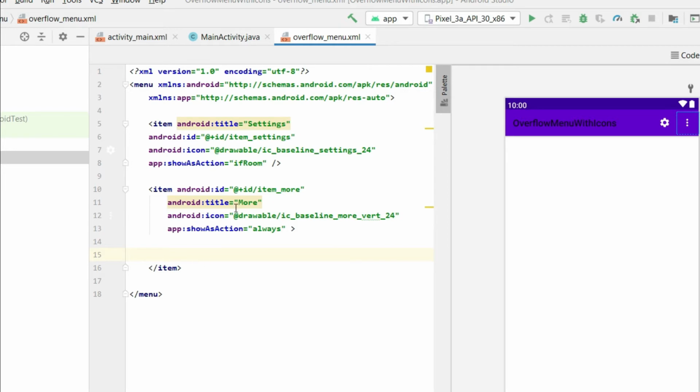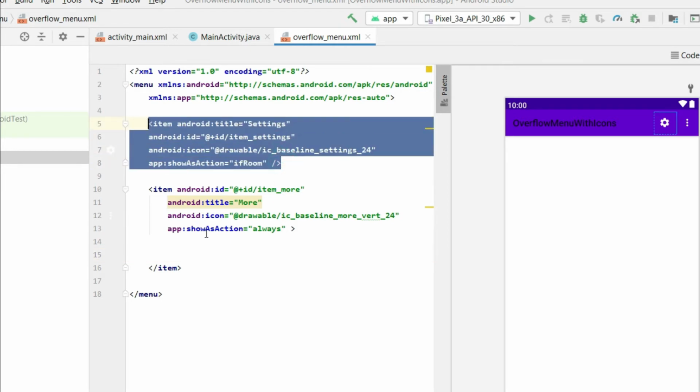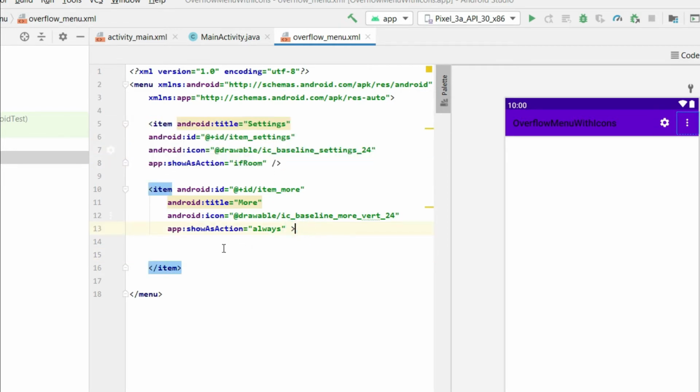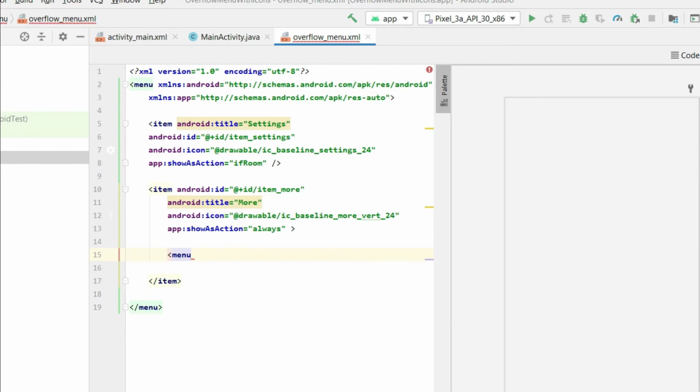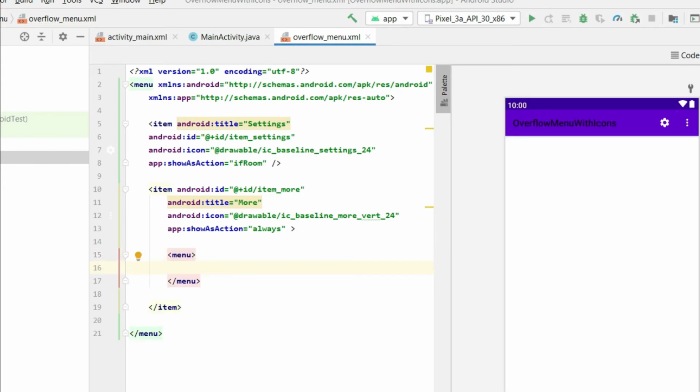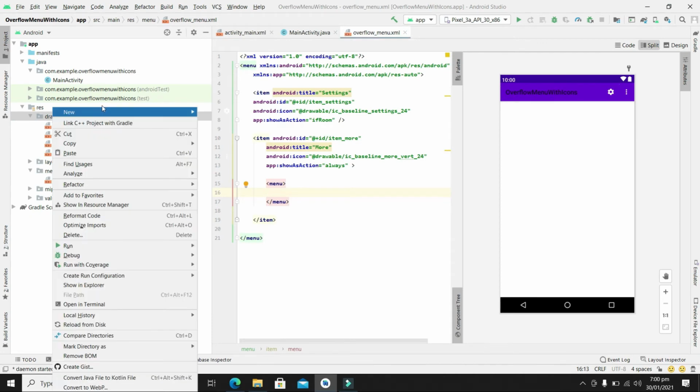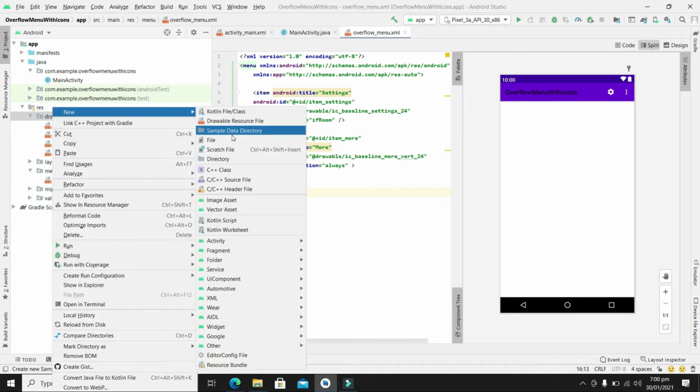So this closing is different from this one because we want to add a submenu to this item. Now write menu between these items. So before adding more items, let me import some icons so that we do not need to add again.